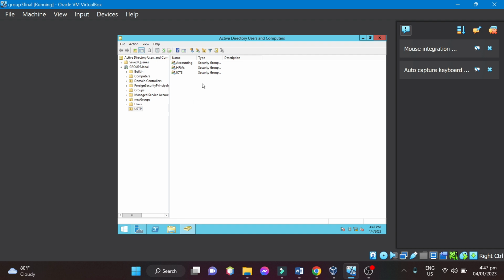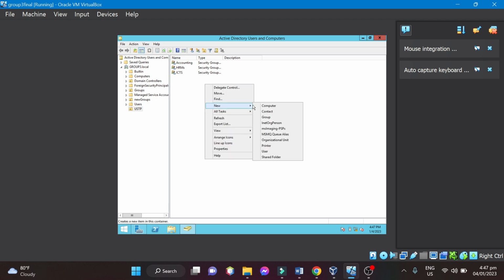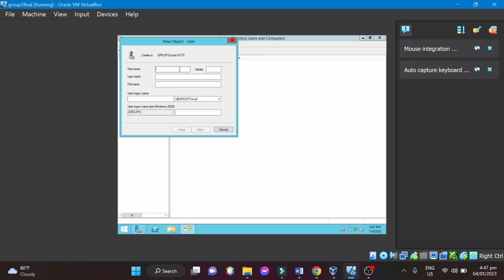And now we're done with our groups. Now we have to make our users. We're going to make 15 users, and we're going to add those users into our groups, 5 users per group. So to do that, right click and click users, and we have to make a name